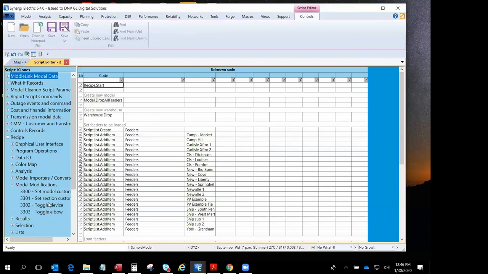So, questions on this? This is a little bit more advanced in terms of this training. However, I just wanted to show you the application of the case files. You can set up your own files for running and loading models and running analysis and such. So if you have questions, feel free to send us a support request, and we'd be more than happy to step you through creating a file and saving it and utilizing that as part of your work or your planning